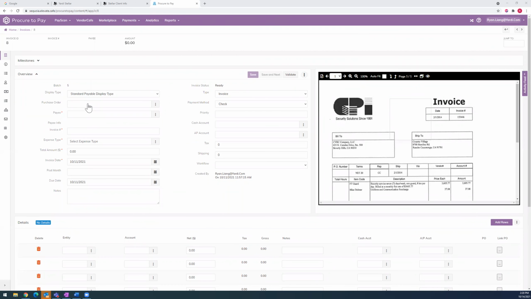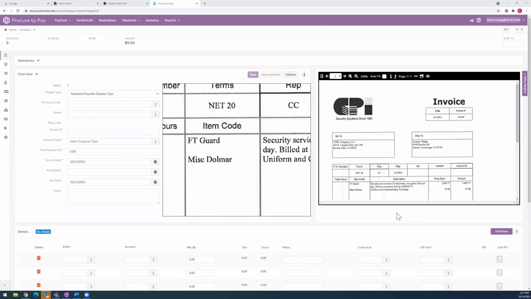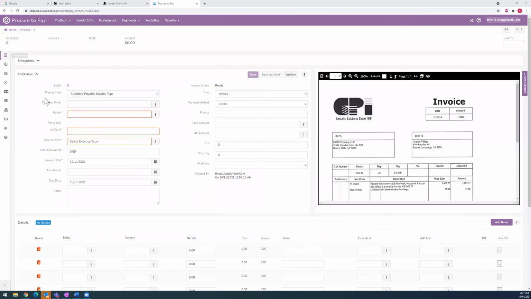All right, so if there's a purchase order number for this transaction, what we're going to do is sync it to this transaction by using the link PO button or this purchase order button at the very top left-hand side of the screen. So if you're trying to sync over all the detail lines from the purchase order, I'm going to recommend you just plop that PO number over here. And what that's going to do is sync over all the detail lines from that purchase order